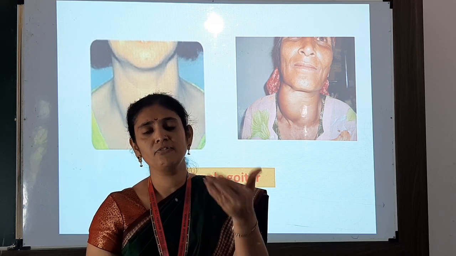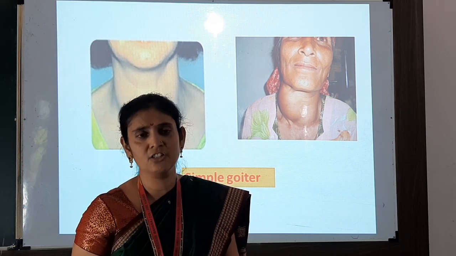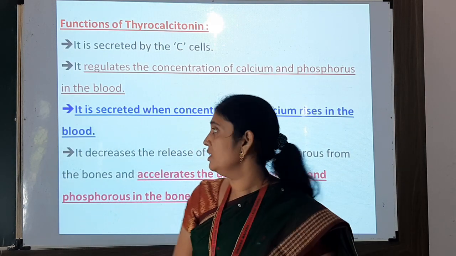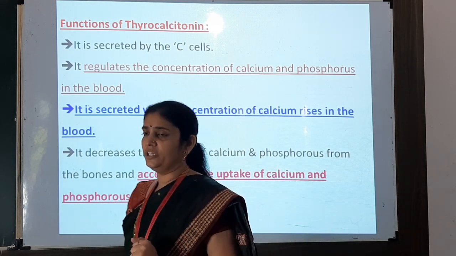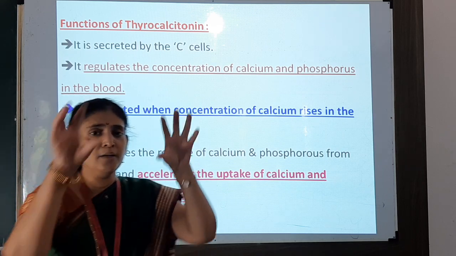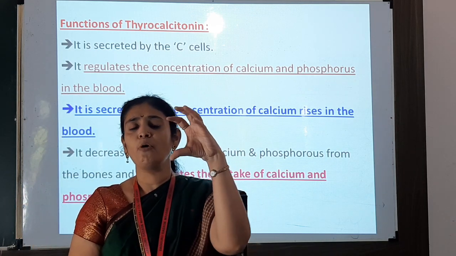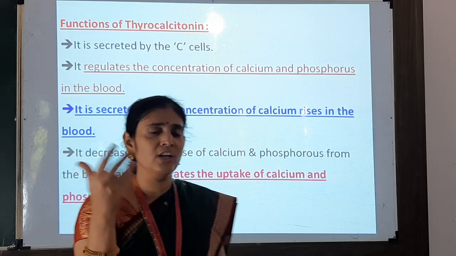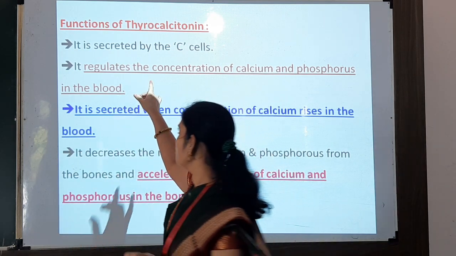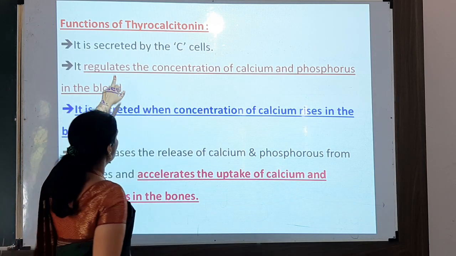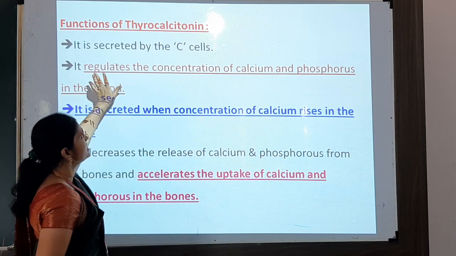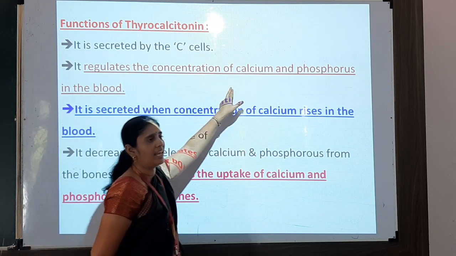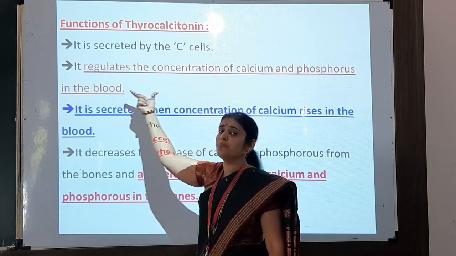So this is the first hormone, thyroxine, the different roles of thyroxine, and how hypersecretion causes different symptoms and hyposecretion causes different symptoms, as we have seen. Now the next hormone, that is thyrocalcitonin. In the thyroid gland, in between the thyroid follicles there is a group of parafollicular cells or C cells. That C cell is secreting the hormone called thyrocalcitonin, and this thyrocalcitonin regulates the concentration of calcium and phosphorus in our blood.